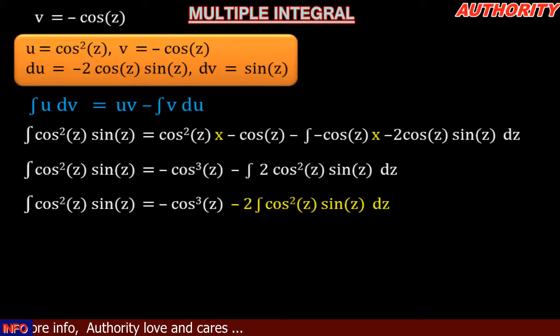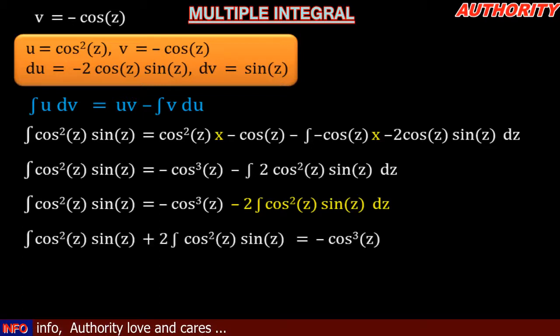So let's take this 2 integral of cos square z sine z to the other side, or to the left hand side. So taking it to the left hand side, we have minus 2 integral of cos square z sine square z. So crossing the sign of inequality, it will change to positive. Okay, you are going to have the integral of cos square z sine z. Here we're going to have plus 2 the integral of cos square z sine z equal to minus cos cube